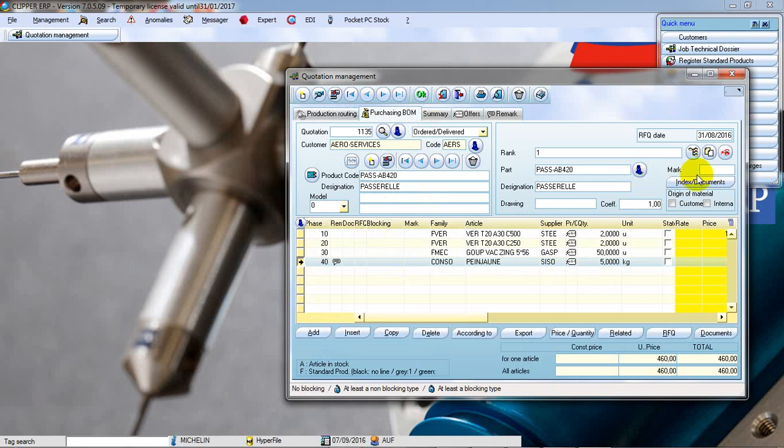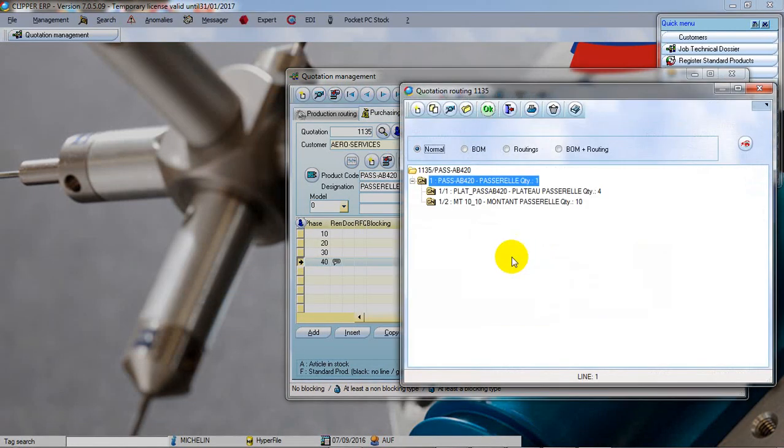And this we can do for several lines depending on the product complexity,